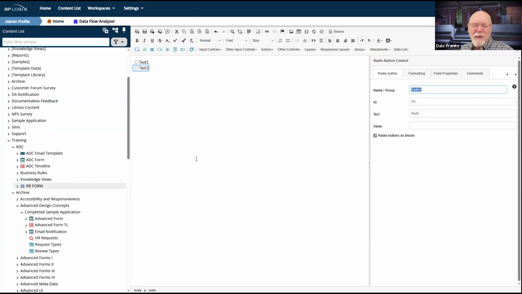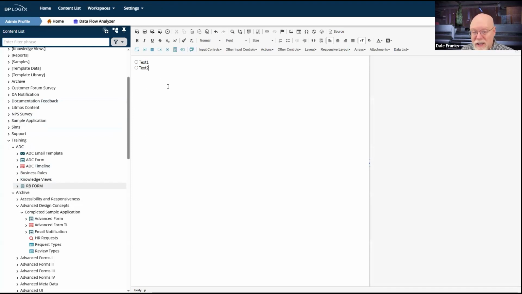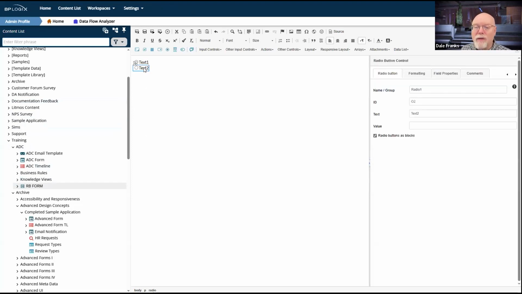You could do something similar on a form. Obviously, it would be visually probably a little more complex, but radio buttons exist, and they are sort of the old way of doing things. But they still have some uses, because when you need to do some really sophisticated stuff, radio button controls give you a lot of flexibility.